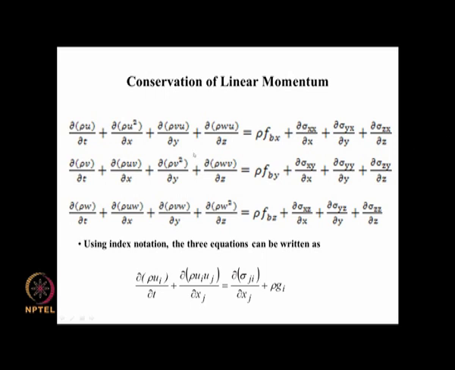So, when you look at the number of variables that are present in these 4 equations, these are u, v, w and the 9 stress components. So, you have 13 variables and you have only 4 equations, okay, and you are looking at a flow without heat transfer and all that, and you do not see why you have to consider the energy equation and all that.